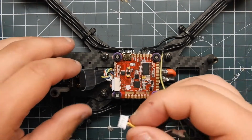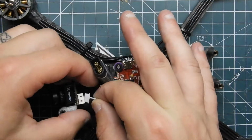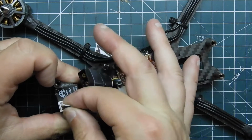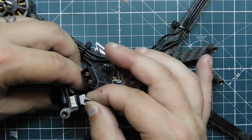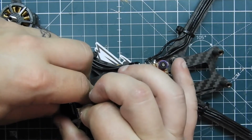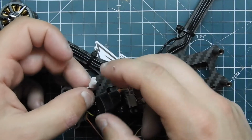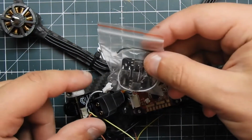So what I'm going to do first is plug this header into the board. We're going to do that real quick. Oops, that shouldn't have happened. It's not tight enough, I guess. Makes it easier for me to push it in. There. So those are in. And this plug you're going to leave on, so you can go ahead and hook up the little joystick that comes with the camera. So then you can go ahead and